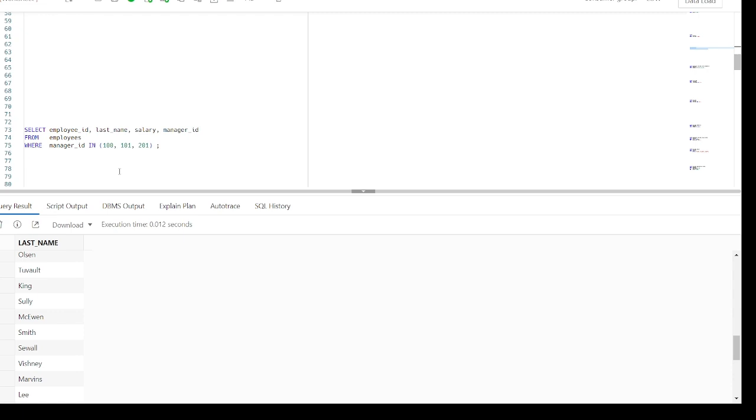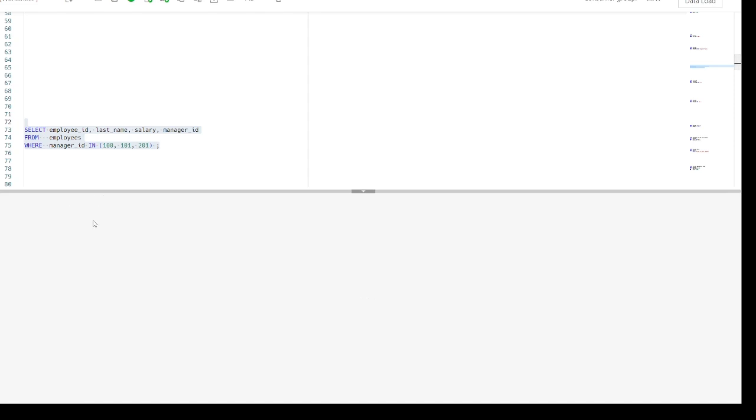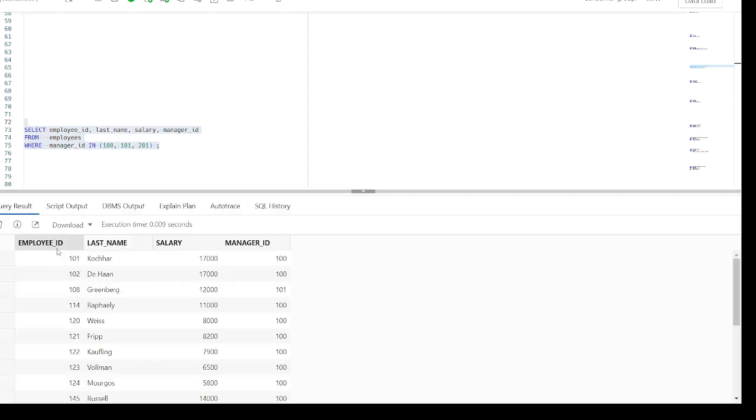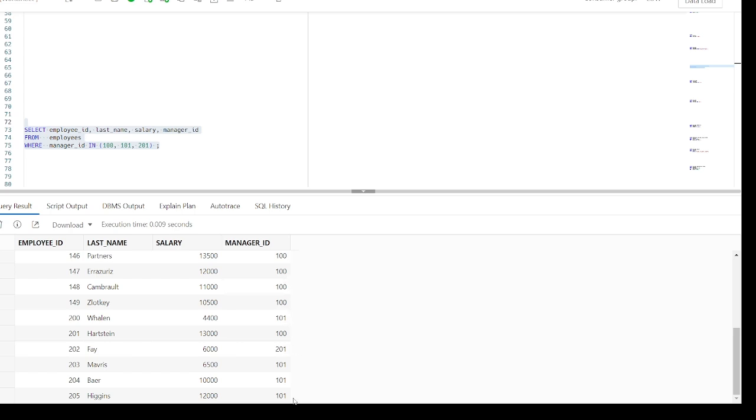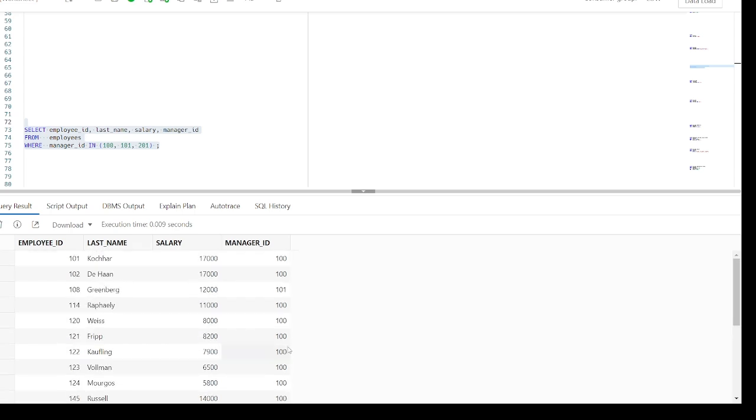So if we execute this query, it will return the result set only for the managers whose employee ID is either 100 or 101 or 201. Apart from these values, you will not see any other manager ID here. The in operator can be used with any data type.